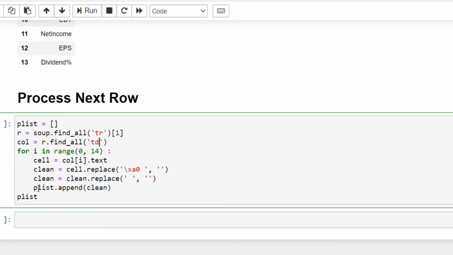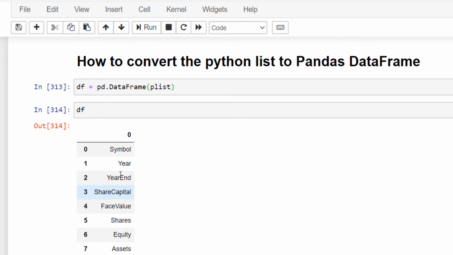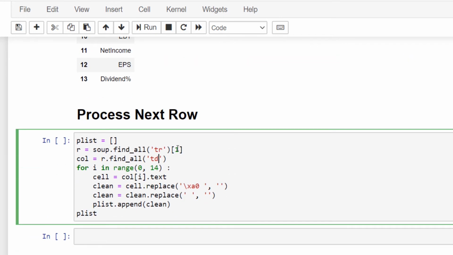And don't worry about the plist variable. It is again created as empty, and because we have passed the plist to the data frame, the previously created Python list will be destructed, and we do not need that as we had transferred its contents to the data frame. So don't worry about that. So remember, to get the second row we pass the index of 1 and we change the th to td, and that's all. And let's run this code.